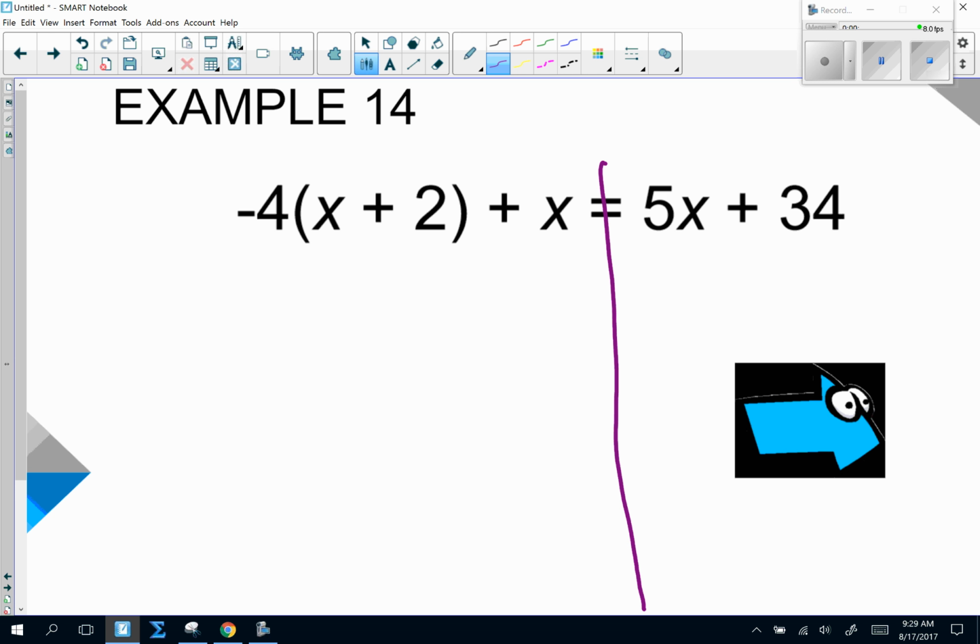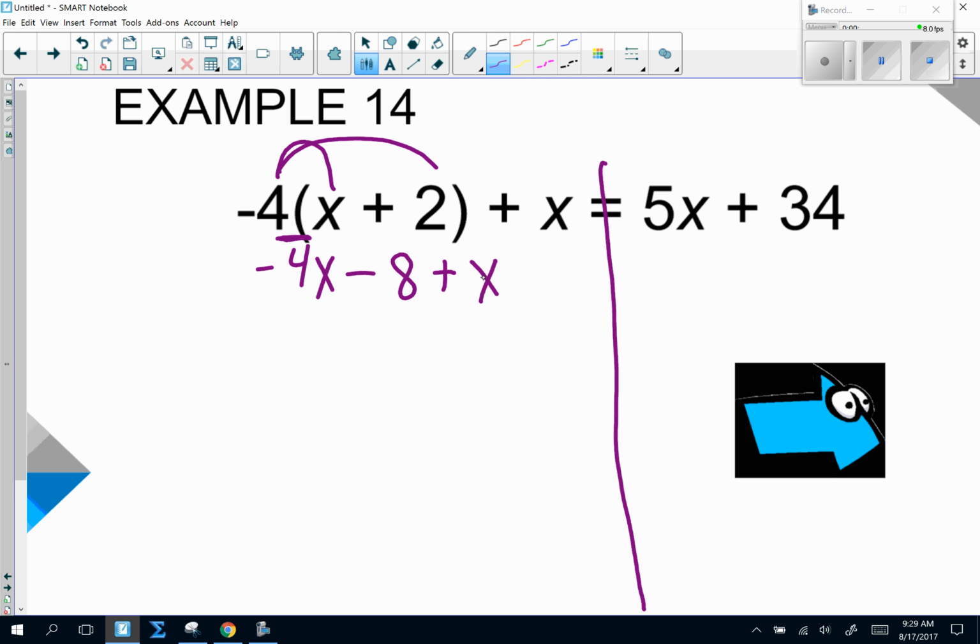So we're looking for that number that's right next to the parentheses. So right here, I have the -4 right next to the parentheses. So I know I have to multiply that -4 times everything inside the parentheses. So I'm going to draw my rainbows, because that reminds me that I have to multiply the beginning and end of each rainbow. So I have -4 times x is -4x, and I have -4 times 2 is -8, plus